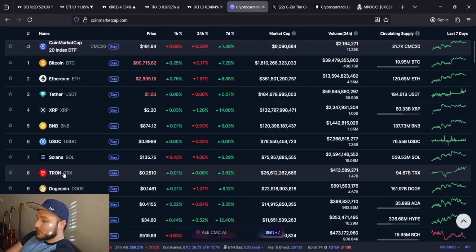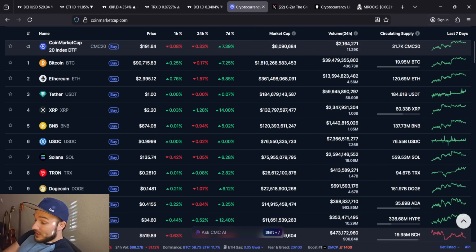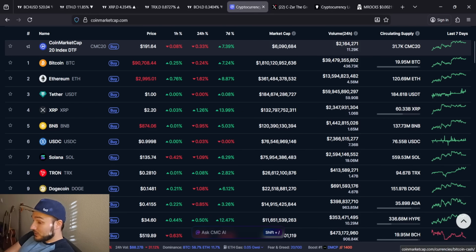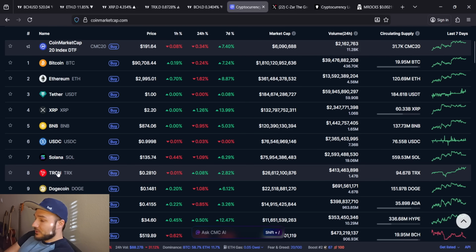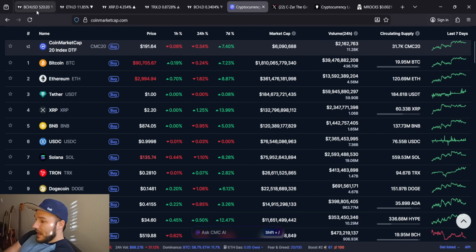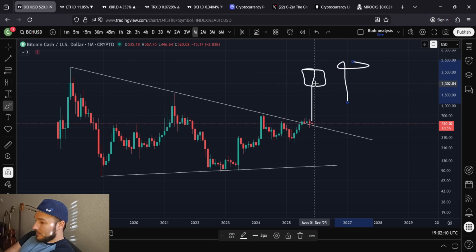The point of an investment is for it to be safe, is for it to grow. And if you're invested in Tron, it's definitely been doing that all cycle. Bitcoin Cash and XRP might have the sexier looking charts, but they've been very boring for the past year, where Tron's at least had some steady growth, you know, just in comparison. But out of all of them, I'd definitely be the most excited about Bitcoin Cash.